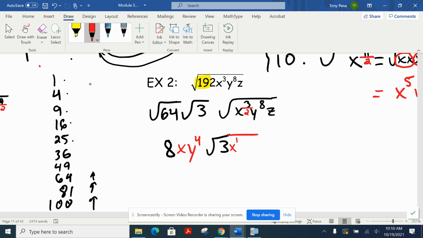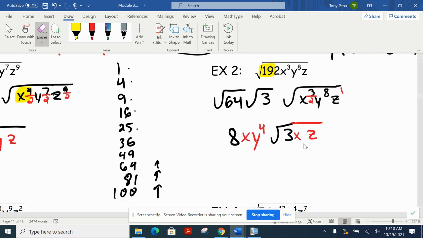And then the z's, if I just have one person in a room, how many sets of 2 can we get out of that? None. So you can't pull out any z's. That's just going to remain inside as a z. So sometimes we can't pull anything out. Okay. So if you have to bring this to the first, you don't have to put that. It's implied that's a 1 if you don't put it. Okay. All right, so now,